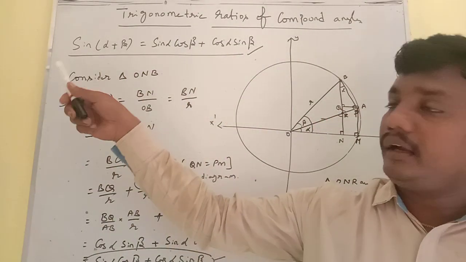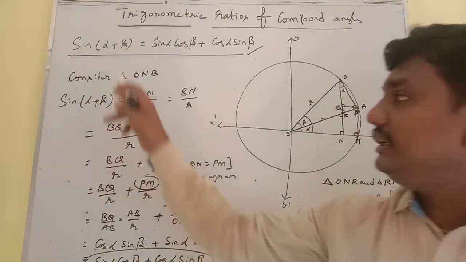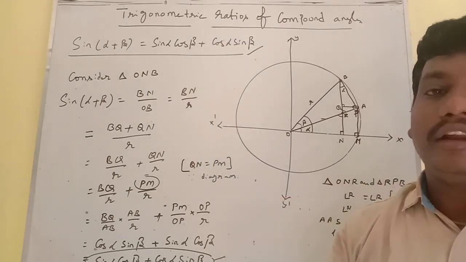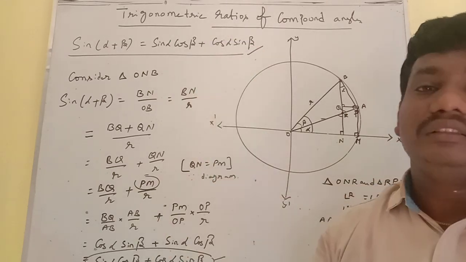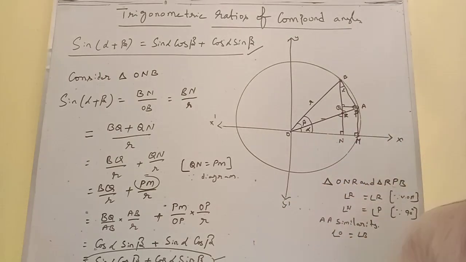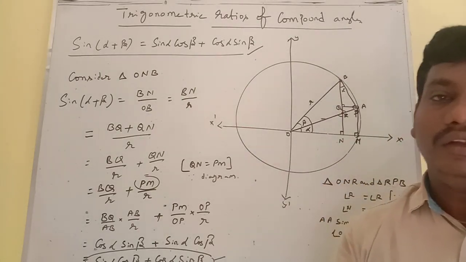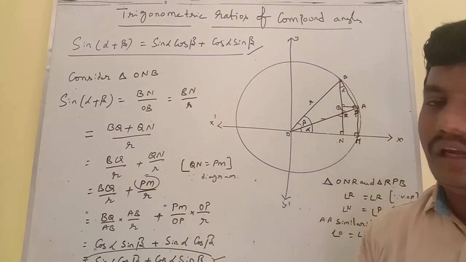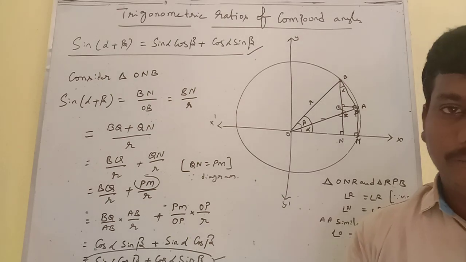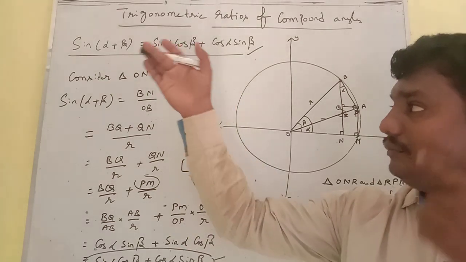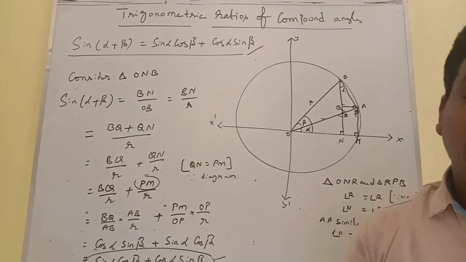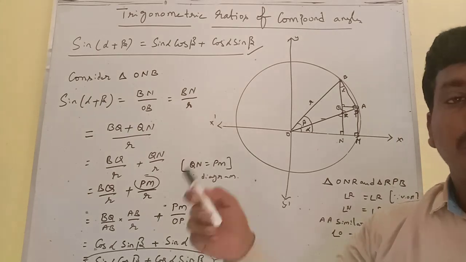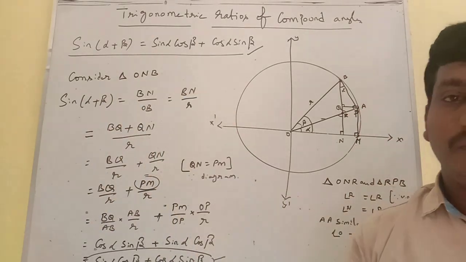Like that we are going to get sin difference also. In the place of beta we apply minus beta, then it becomes sin alpha cos beta minus cos alpha sin beta. In the same way we get cos of alpha plus beta and cos of alpha minus beta. When you know sin alpha plus beta and cos alpha plus beta, we can easily find tan alpha plus beta. So if you derive one trigonometric ratio, it is very easy to derive all the trigonometric ratios by using it.